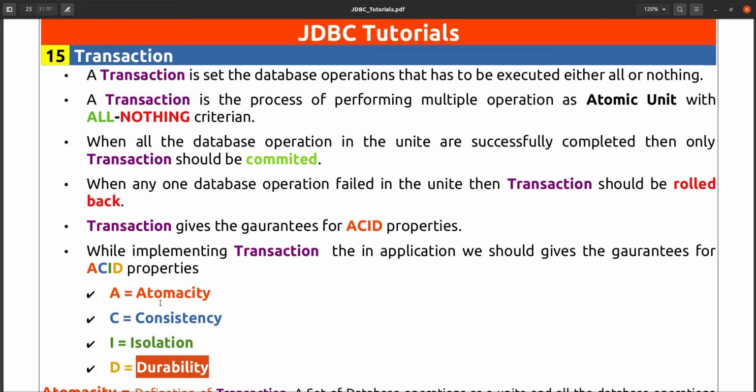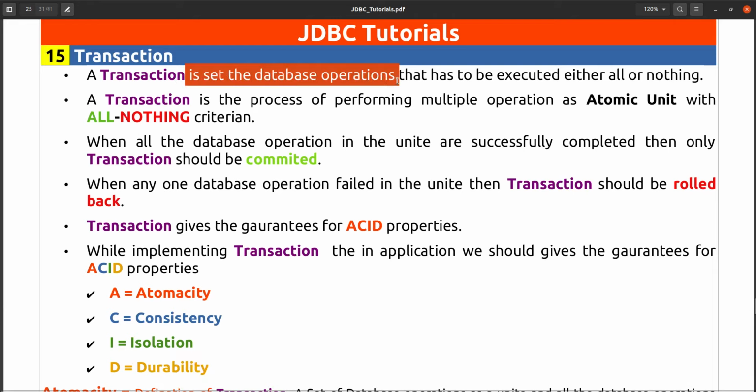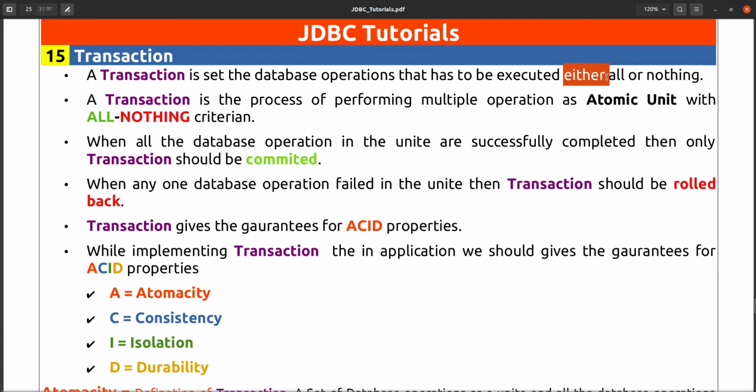What is a transaction? A transaction is a set of database operations that has to be executed either all or nothing. If any database operation fails, we have to roll back all the operations.